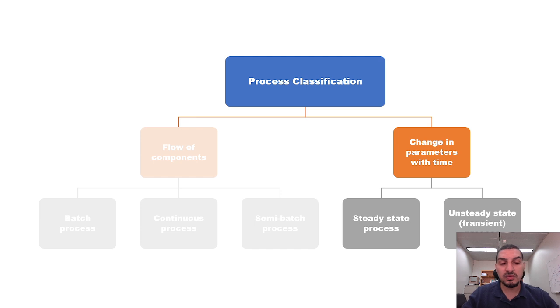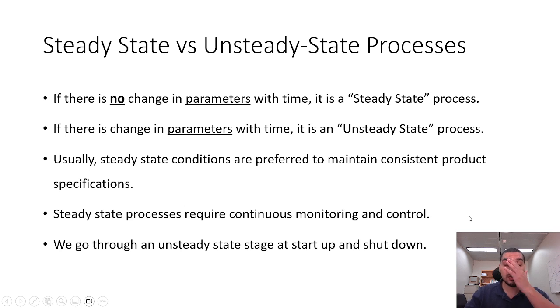The second way of classification is the changing of parameters with time. There is a very famous term which is a steady state process, and the opposite, which is the unsteady state process. A steady state process is a process where parameters do not change with time. It doesn't mean that the parameters are always constant in every place in the plant, but it means that in a specific part of the process,